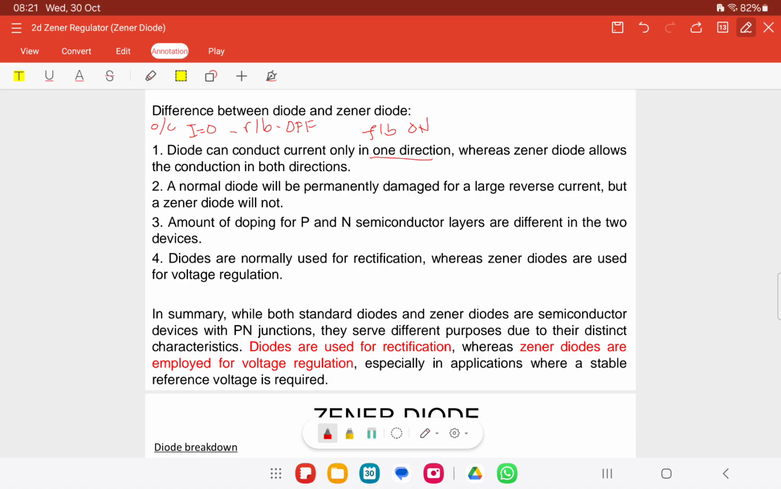So, that is where the Zener diode comes in. The Zener diode takes the place. If we want to use reverse bias conditions, the Zener diode will allow current to flow in reverse bias. If we use a normal diode, it will burn, it will be damaged. If we use a Zener diode, it can still be on for a certain value of the current flow,